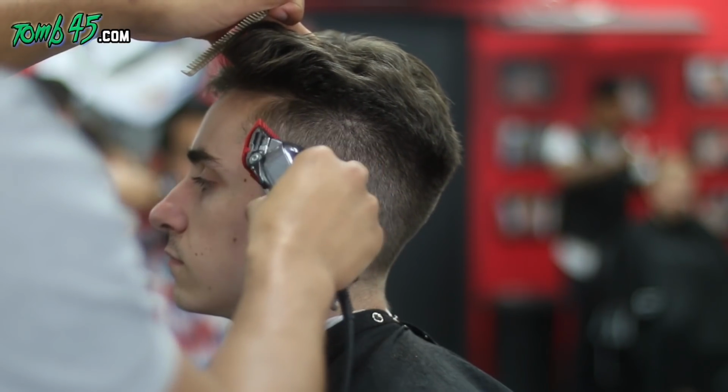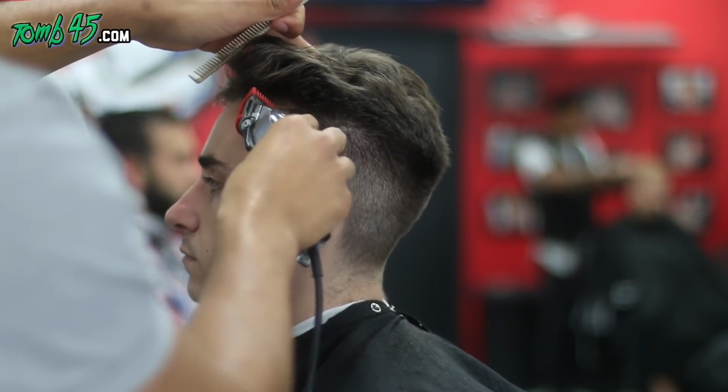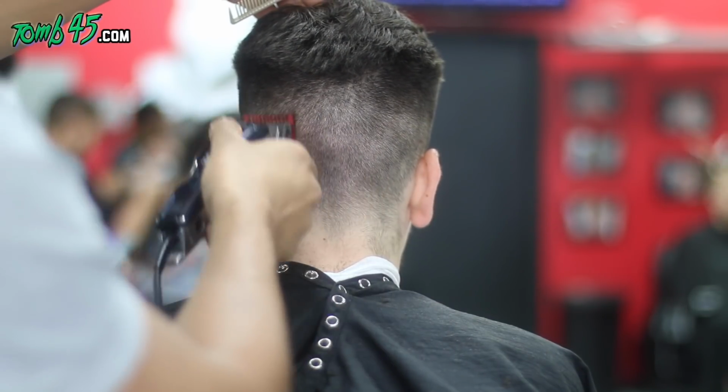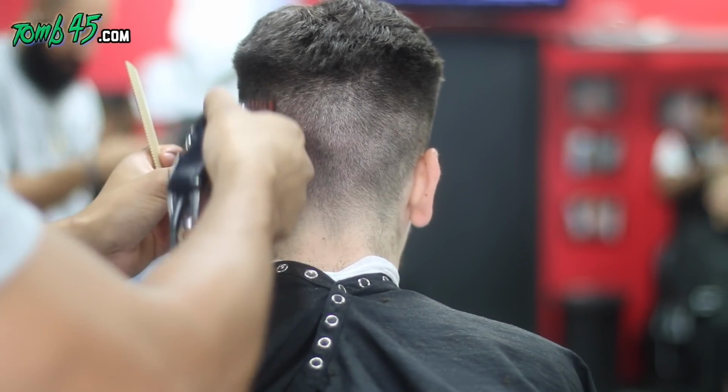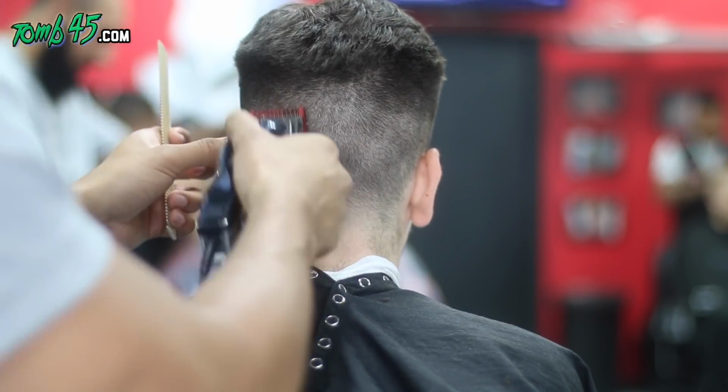See here how I'm feathering, right? Same thing as using blending shears. You literally turn the clipper on the side of the clipper, lay it on the head, and just